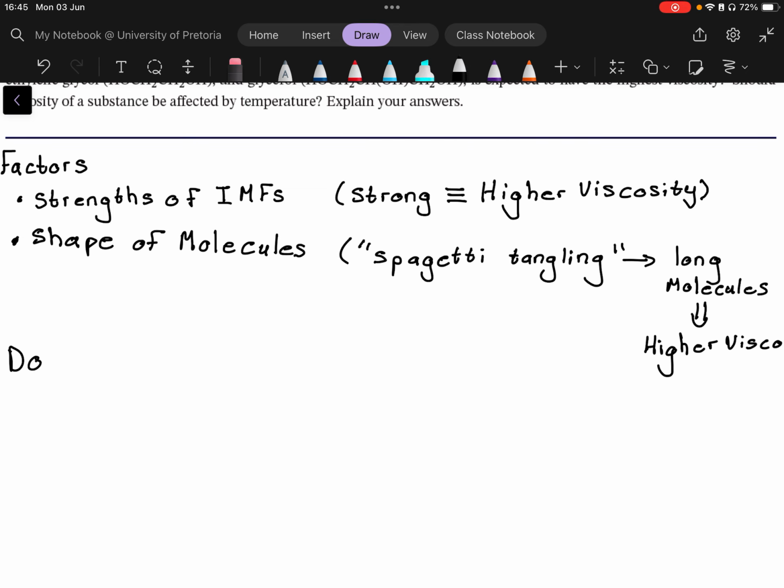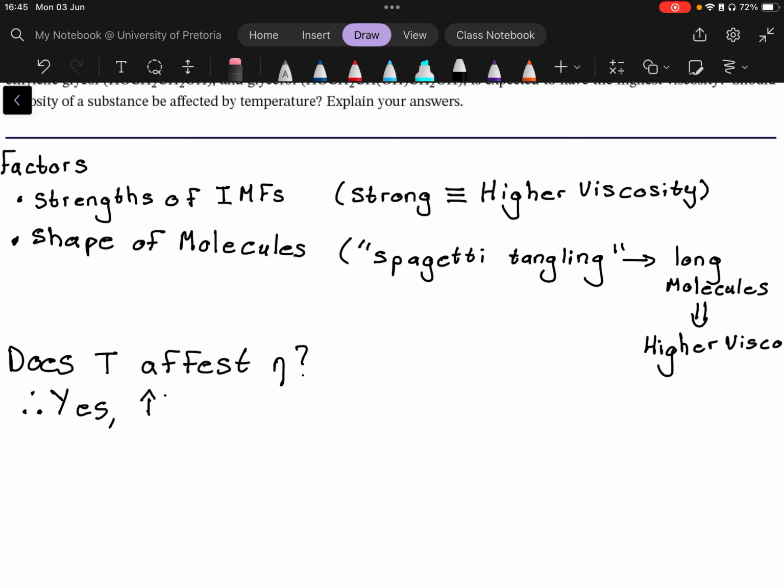Does temperature affect eta? I think eta is viscosity. And yes, if you start heating honey, it runs more easily, right? So yes,